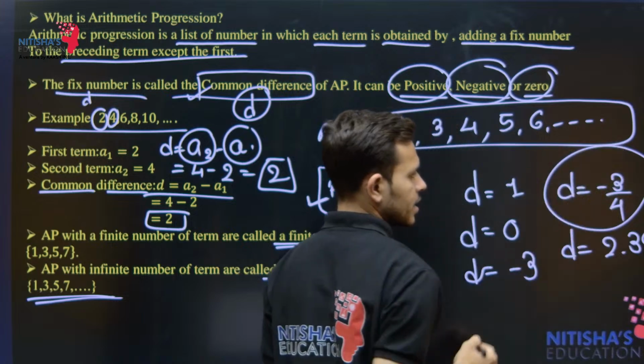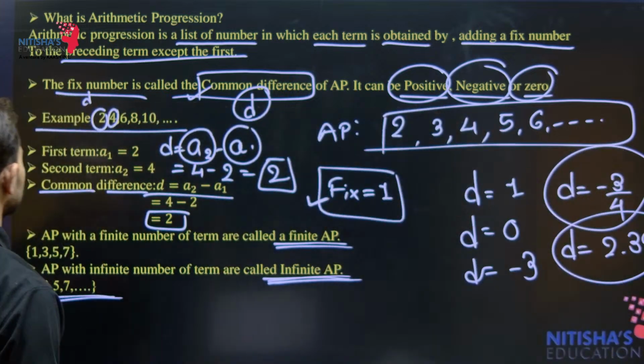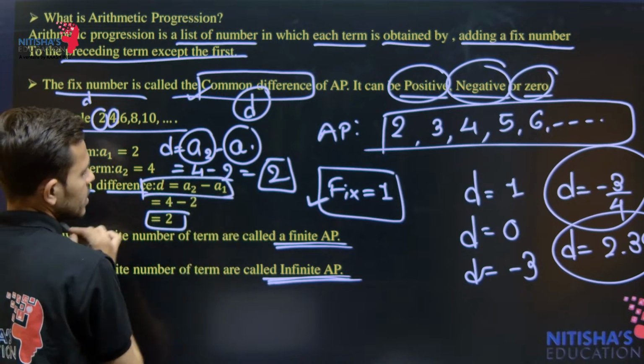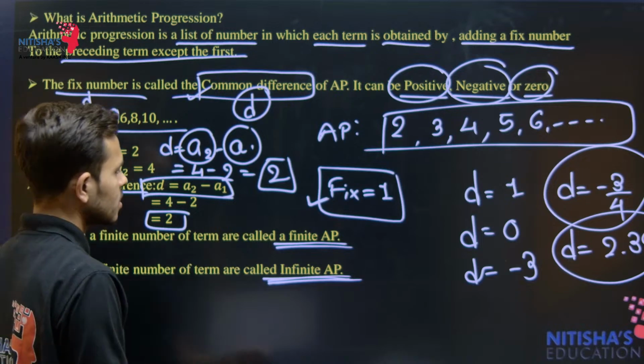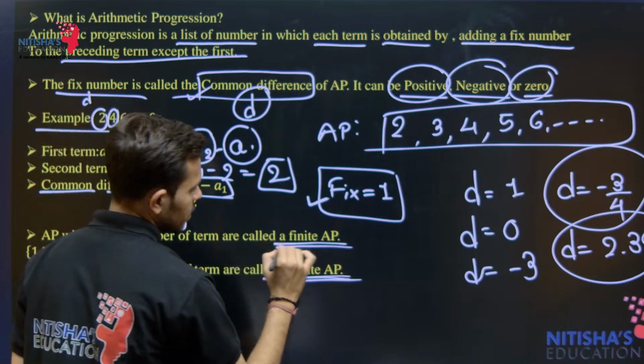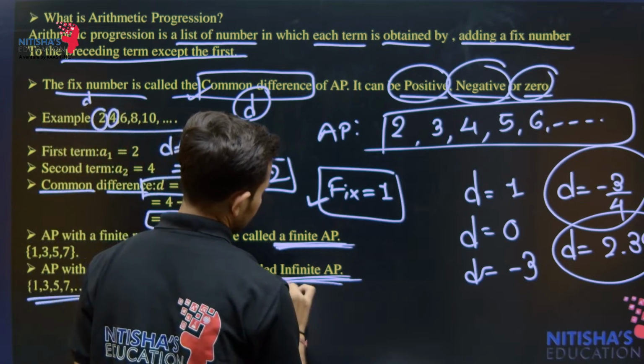It can be fractional, it can be a decimal number. Next, how can we find d? The formula to find d is to subtract the first term from the second term. Next, there are two types of AP: finite AP, which has a fixed number of terms that we can count, and infinite AP,